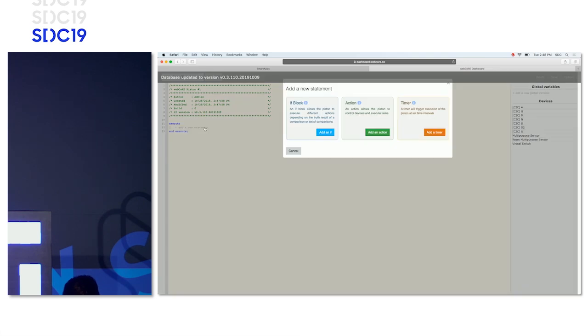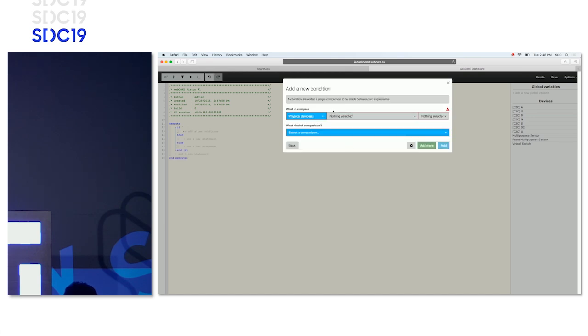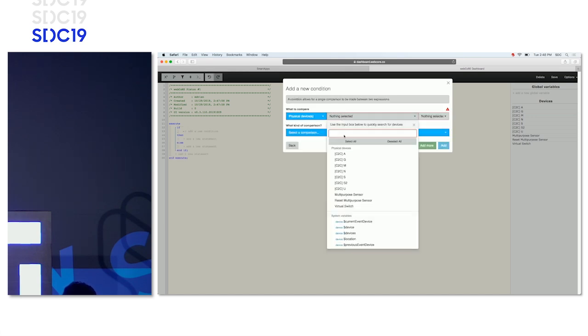We're going to add the first statement, and that's an if. I have a contact sensor here. I'm going to use it as my trigger. So I'll add an if, and within that if block, I need to have a condition. So that condition is going to be if the multipurpose sensor